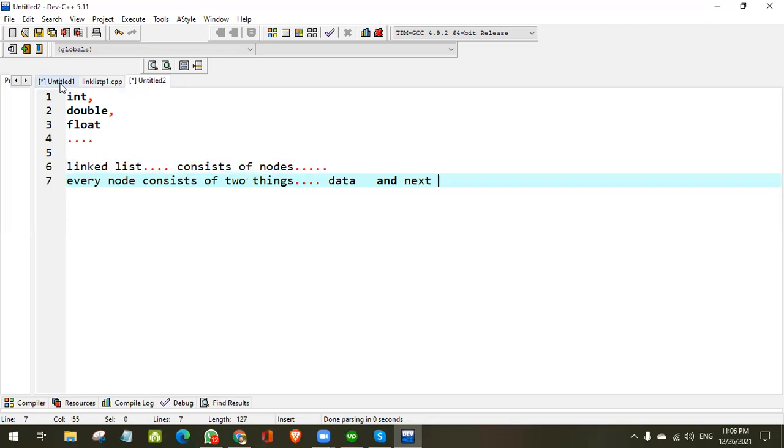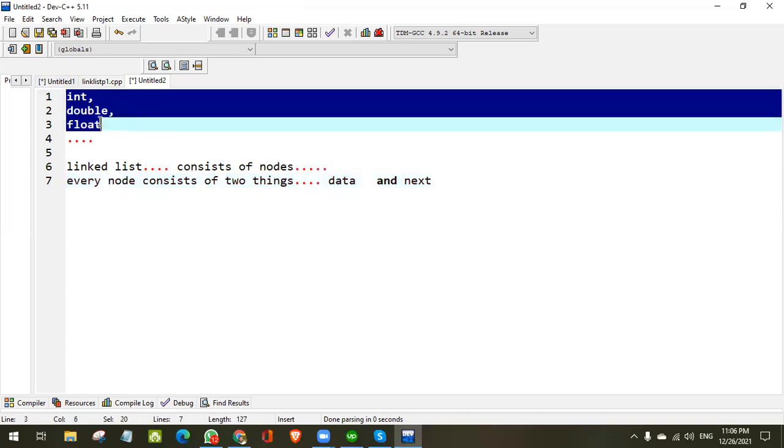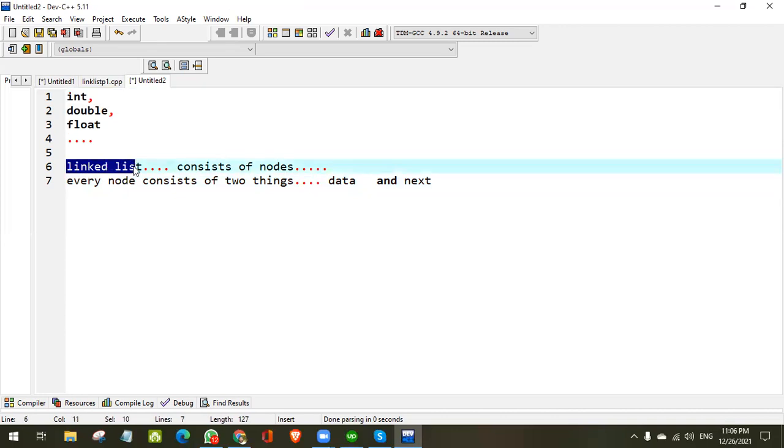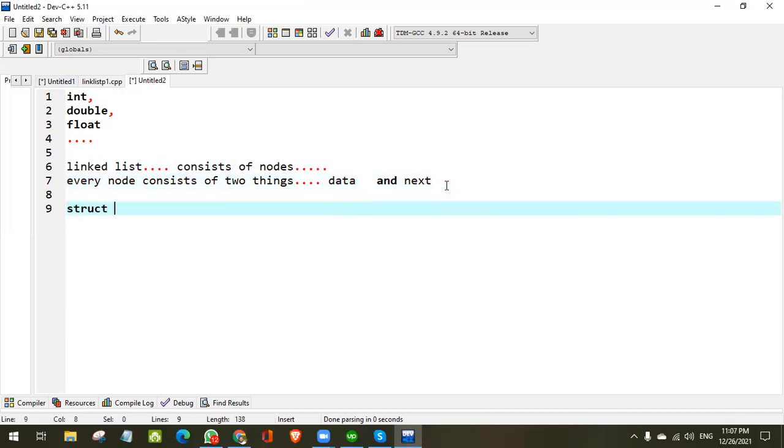The next would be the pointer pointing to the next node. So look at, we need a special type of data type. These data types cannot help us to make a linked list. So here in C++, there is a structure that you can make your own data type.